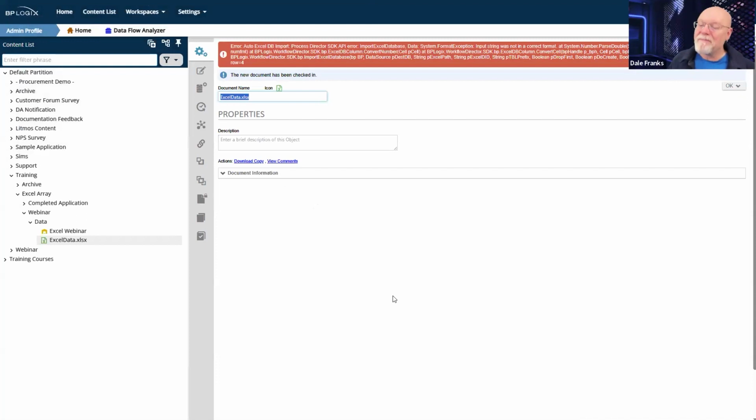Okay. It caught it. Great. It caught it on this import. So it actually tried, and I'll say, input string was not in a correct format. So what it tried to do is create this as a double rather than an integer, but okay, that's fine. At least it's a number.